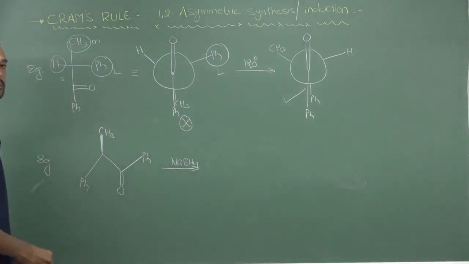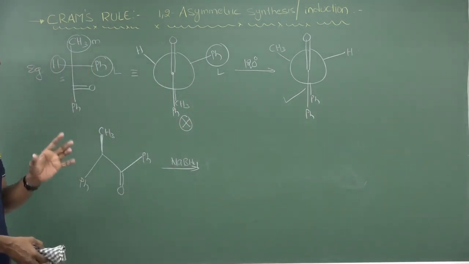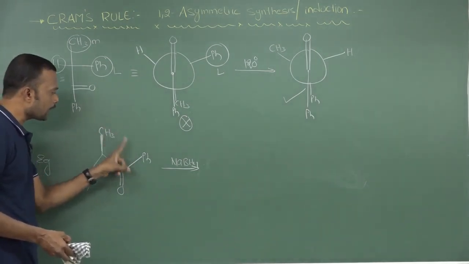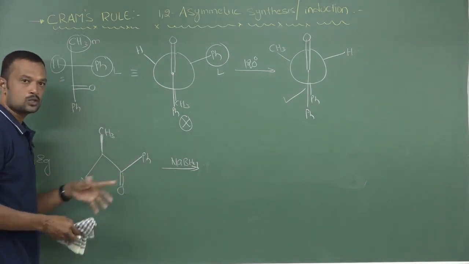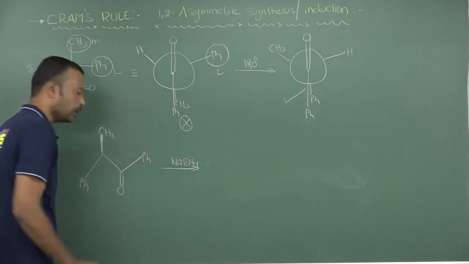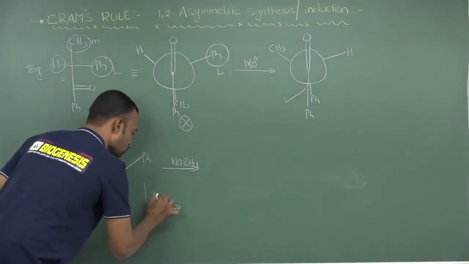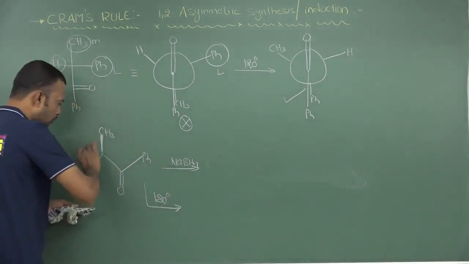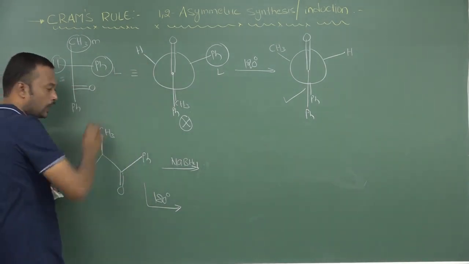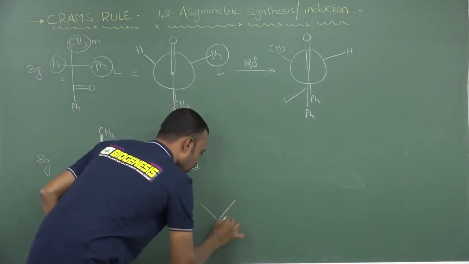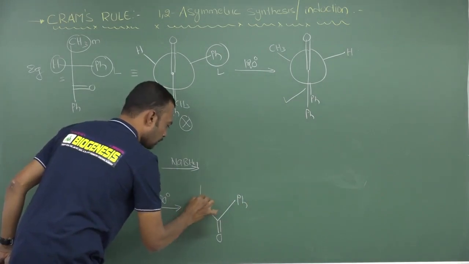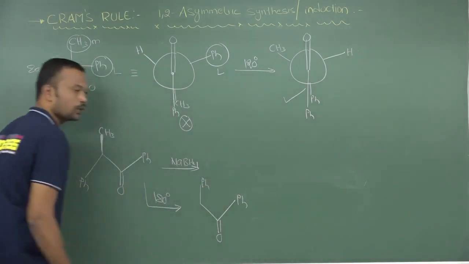Okay. So the first major target, don't forget, is to bring phenyl exactly parallel to the carbonyl substituent. In order to bring this phenyl from here to here, we definitely need to rotate 180 degrees. So with a 180 rotation, if I rotate from here to here like this, it goes above. Now I am writing this carbonyl, and this will be as it is. Now here I am writing phenyl exactly over here.